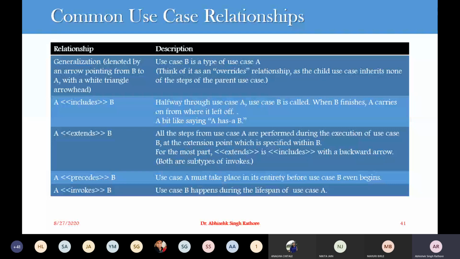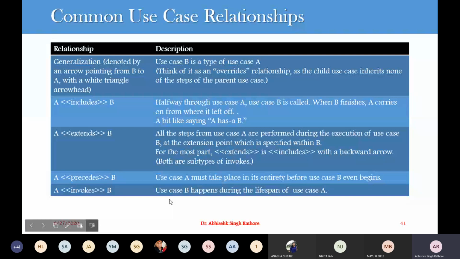This is just an invoke relationship which says that A invokes B. It means that use case B happens during the lifespan of use case A. In the case of extending, we are computing the steps of use case A, and they are performed during the execution of use case B. So in both use case relationships, include and extend, these both happen during the lifespan of A. The include relationship provides additional properties, and the extend relationship provides some optional properties to use case A.